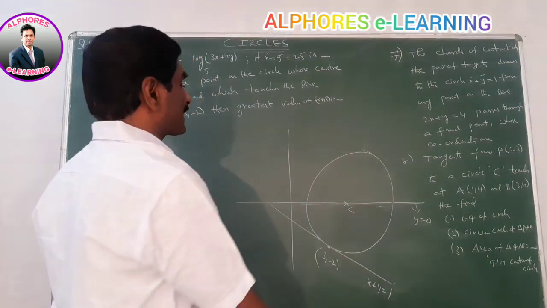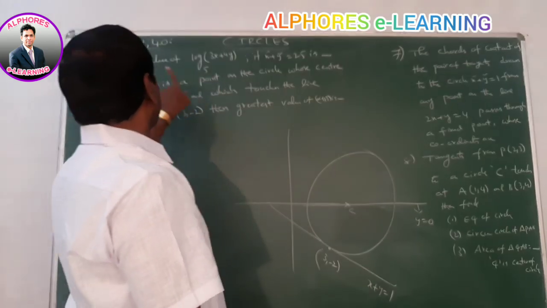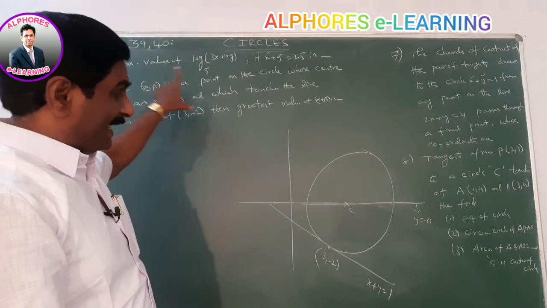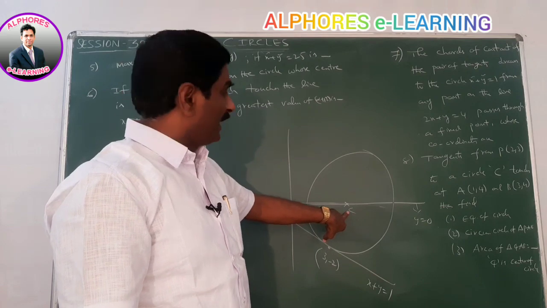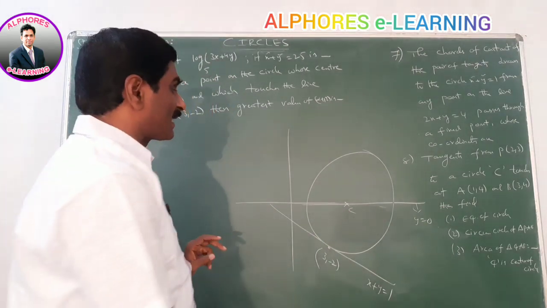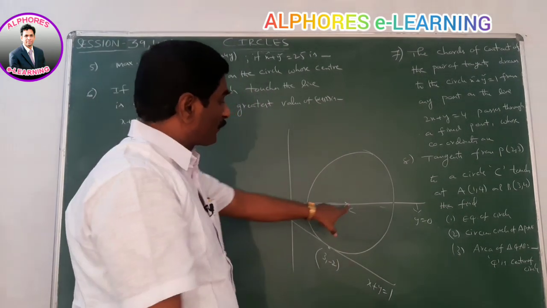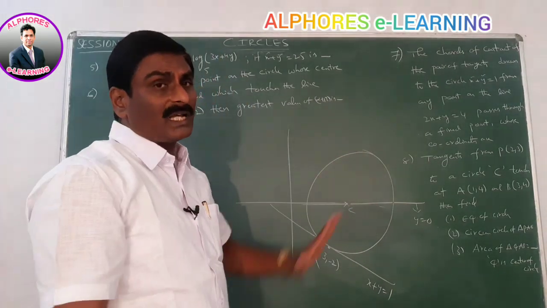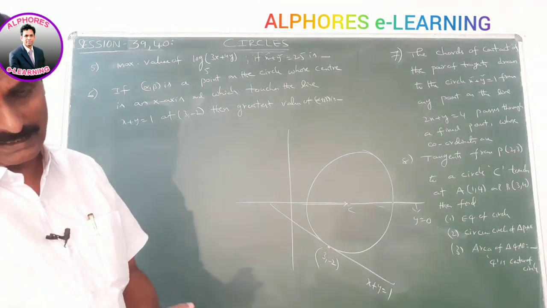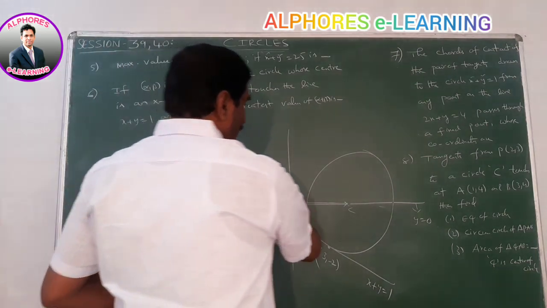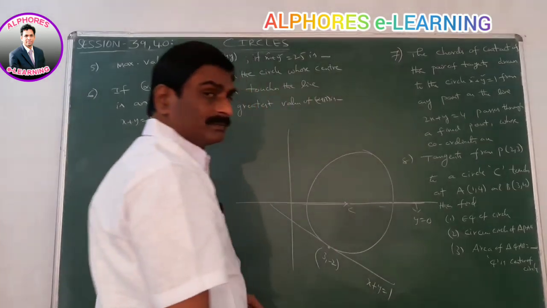Okay. Now we find the center of the circle. One of the points is alpha beta. For getting the circle equation, the center is required. Here, what is the radius? Radius is nothing but the distance from the center to this point. If we find the center, then we get the equation of the circle. How do we find the center of the circle? Here, one of the diameters is the x-axis. That means y is equal to 0.